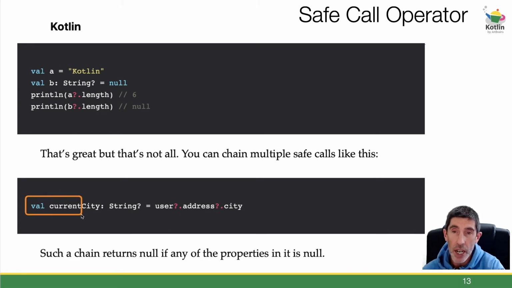So here we are saying our val currentCity, potentially can hold a null, so there's a question mark, and then we can get at these individual properties and chain those safe calls. Here we are checking a user object, within the user object there's probably an address field, and within that field there's probably a city property. So at every stage we can check to see if it could be null. Such a chain returns null if any of the properties in it is null. Okay,